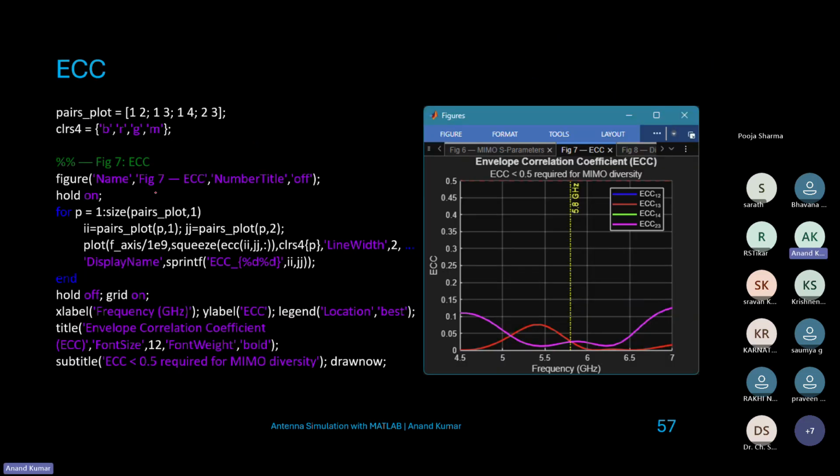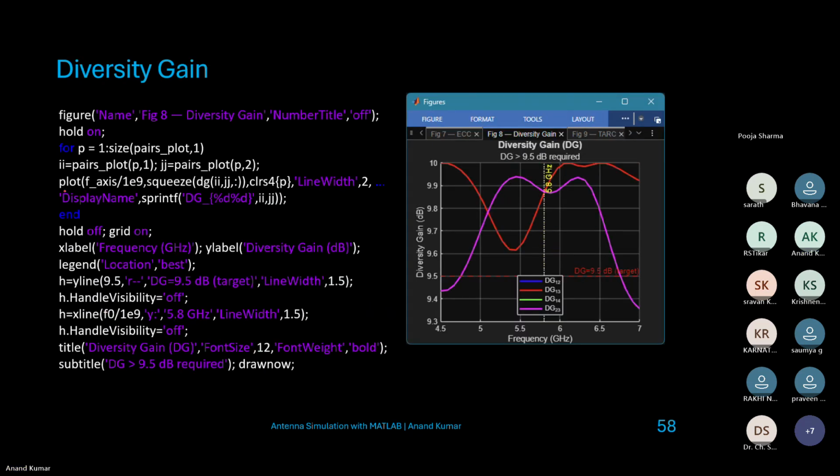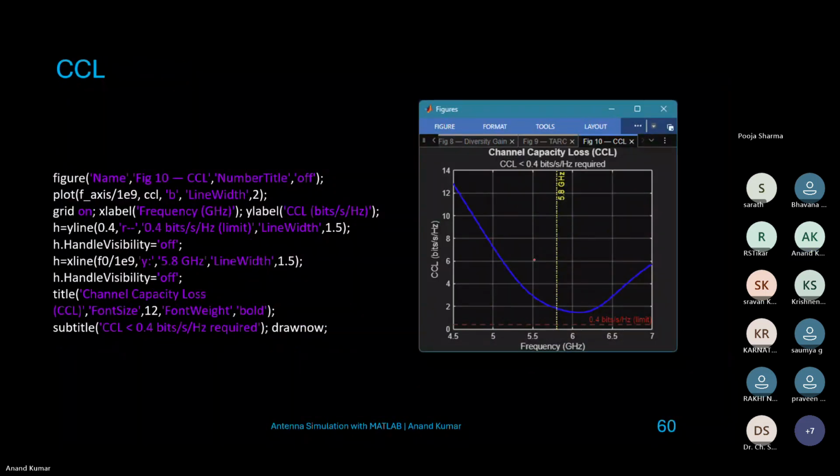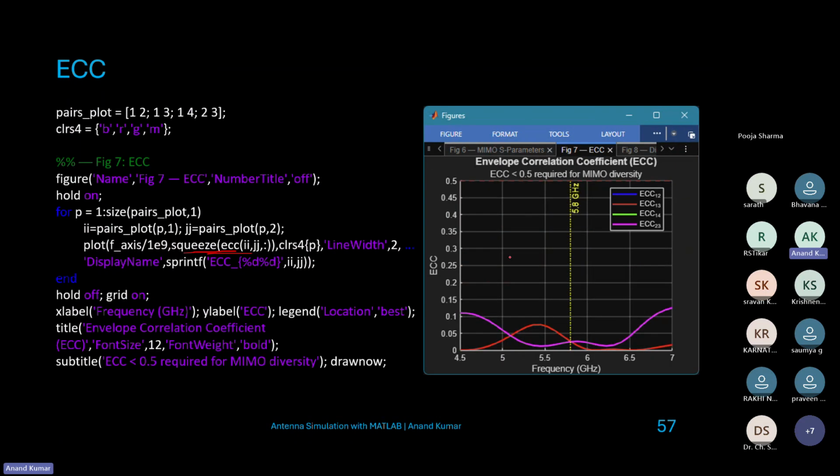Now once you have all these values, you can just use plot and the squeeze function on ECC, TRC and plot these values. You just use plot and you can get these parameters. So let me go through the plots again. Once we have run this, you can see your ECC 1, 2, 1, 3, 1, 4, 2, 3 are solved for over here. And all of them are pretty low,